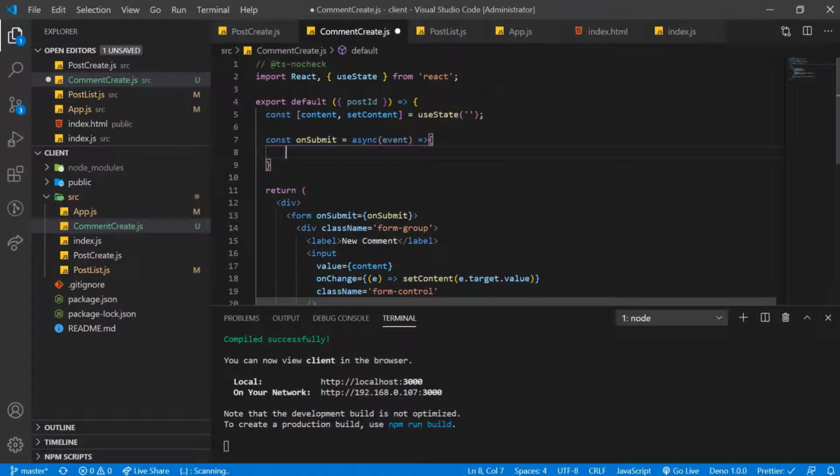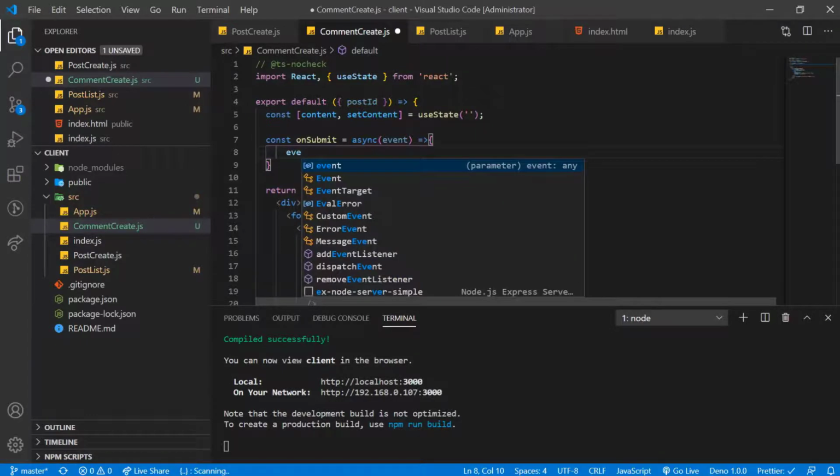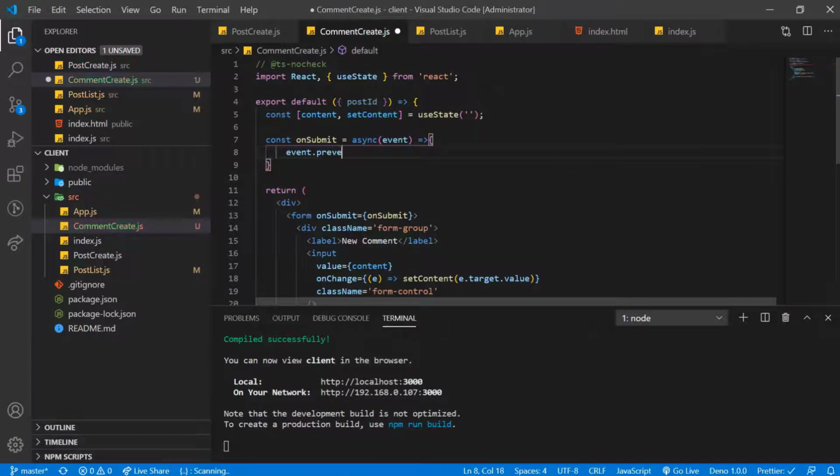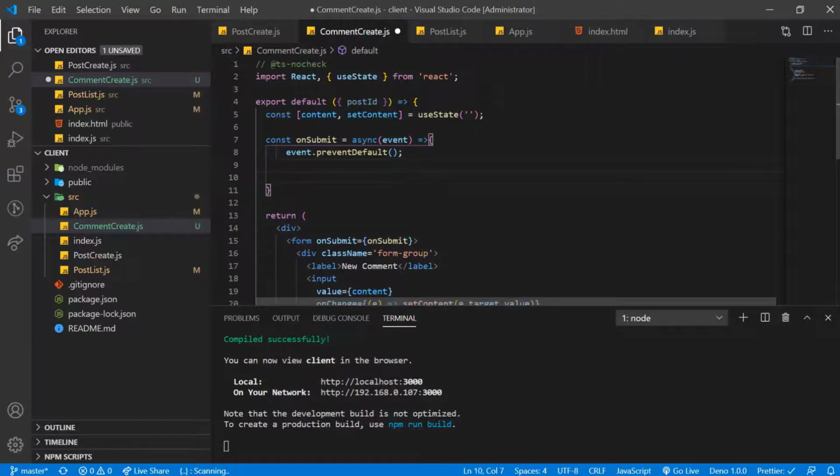Initially, I am going to just prevent the default behavior of the form by calling the event.preventDefault method. And now finally, here inside this function, I am going to make a call to our comments microservice with the post ID.